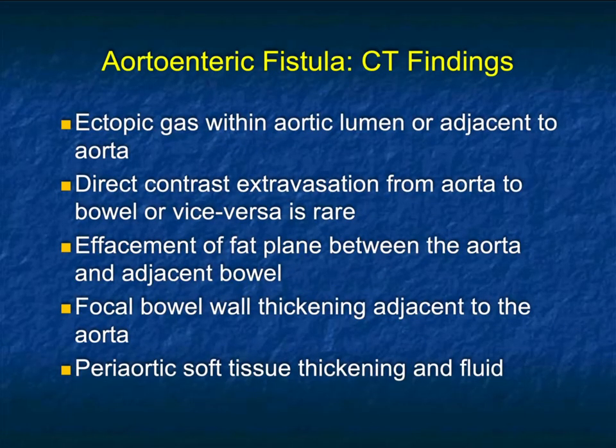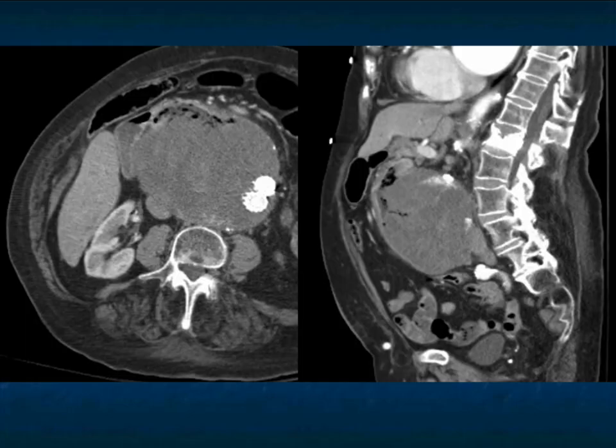We talk about the CT findings. We mentioned air within the aortic lumen or adjacent to the aorta. Direct extravasation from aorta to bowel is rare because the patient will probably bleed to death before you scan them, though I've seen a couple of cases and a couple of patients managed to survive. We talk about wall thickening. So when I see an aneurysm and inflammation and wall thickening, I'm going to say I'm concerned about development of aortoenteric fistula. And so the patient's surgeon will be able to proactively do something